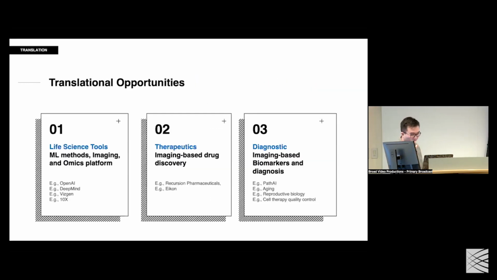So if you think about the translational opportunities, Image-to-omics can be applied to develop new science tools, machine learning tools, and an omics platform for tissue mapping. But we can also think about the translational opportunities in drug discovery and drug screens. How do you use some of these chemical imaging methods for very large-scale perturbation screens? And then you can also use this for